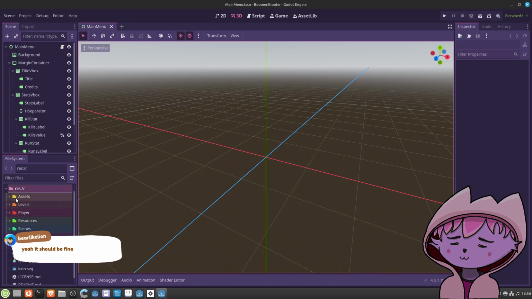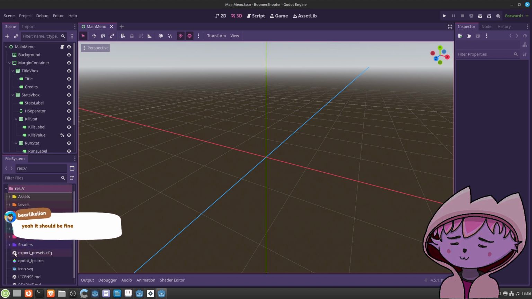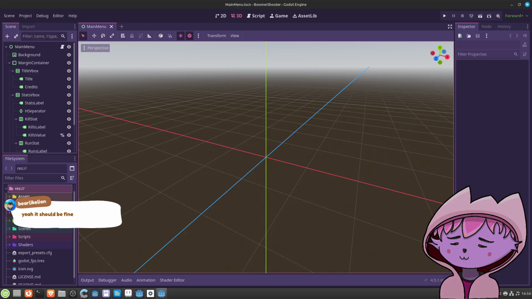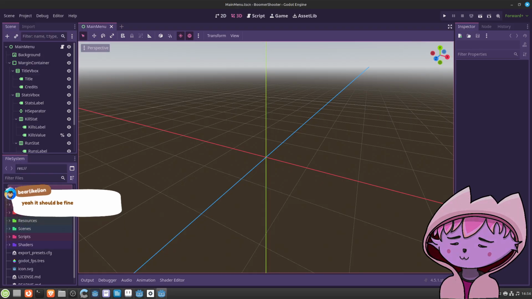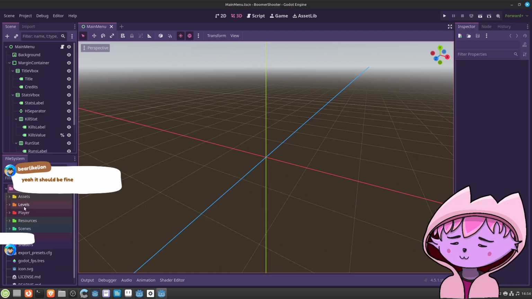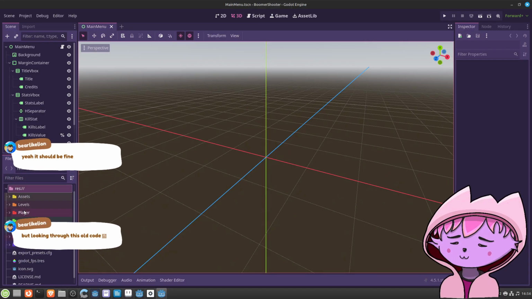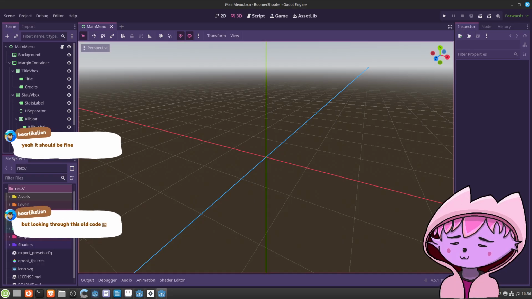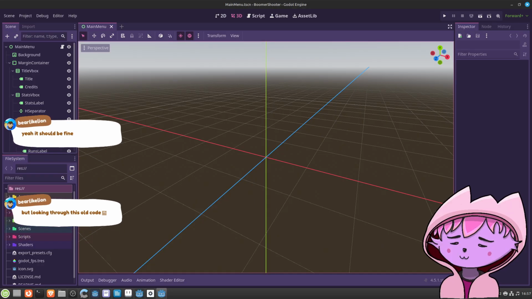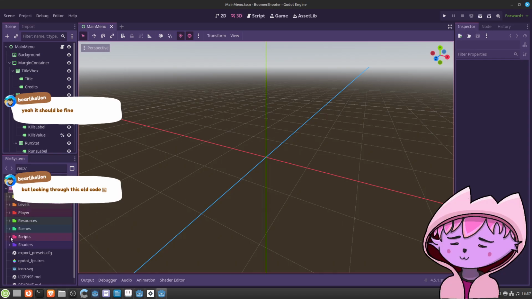That's actually a good idea, of course. I forgot about this coloring of folders. I think this is something Godot 4 point something introduced. That's really cool. Looking through this old code. Okay, then close your eyes, bear like lion. Let's see. No, it should be fine.